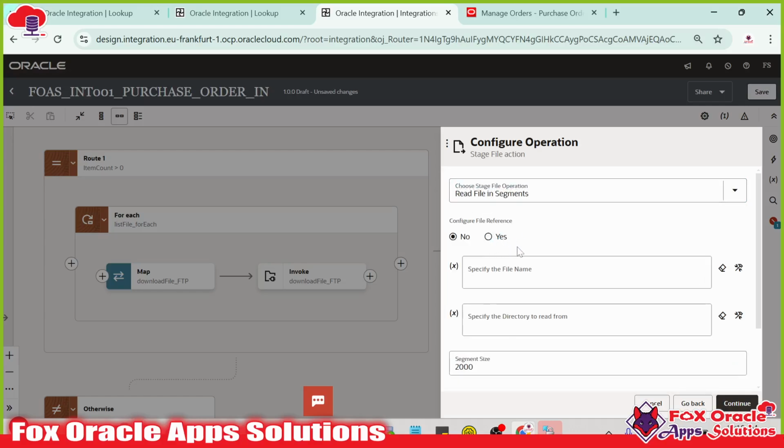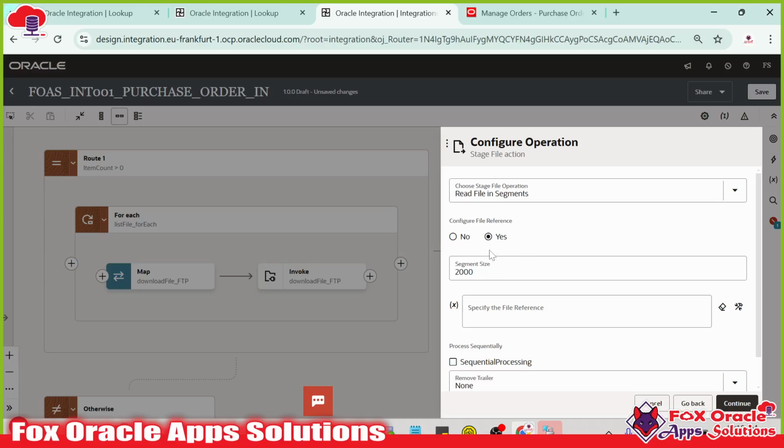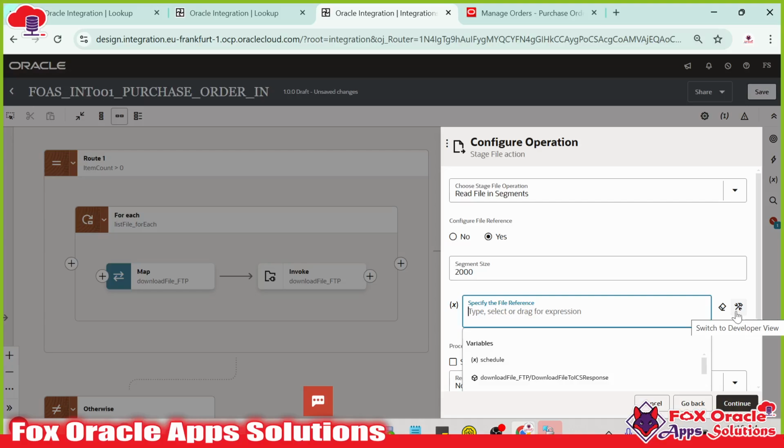That read in segment, and here we have to provide the file name which we want to read, which is already downloaded using this step, and the directory, right? Where is that? Instead of providing all these, I will just use the reference. Once you select the reference, we have to provide the file reference. For that, we are getting the file response from the file reference from this download file FTP